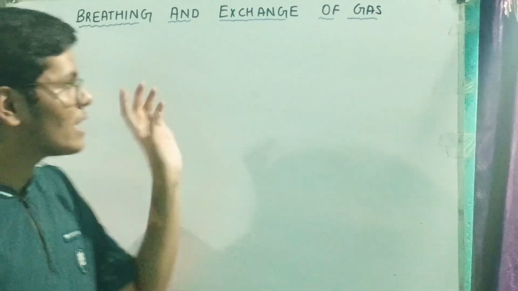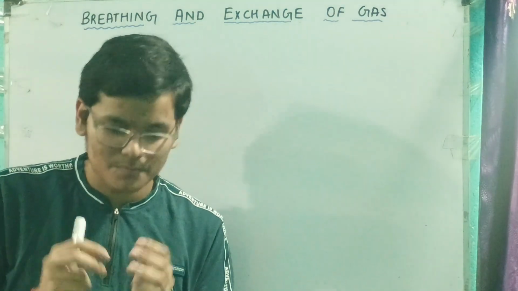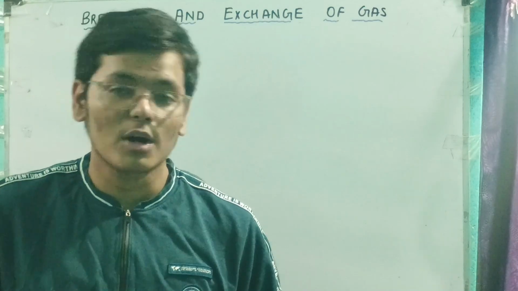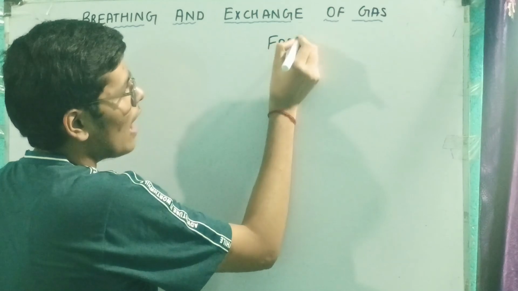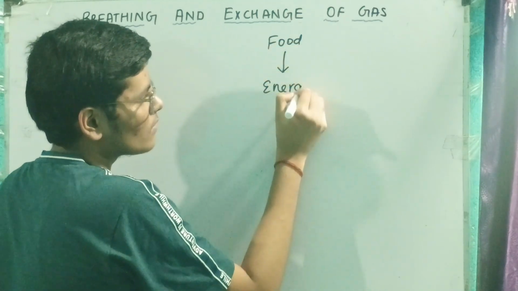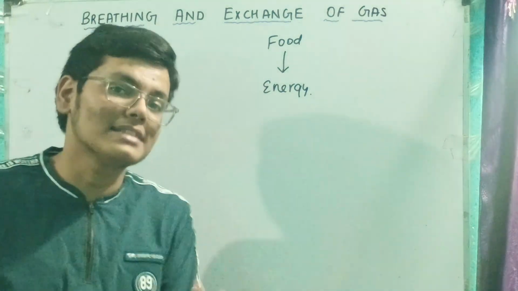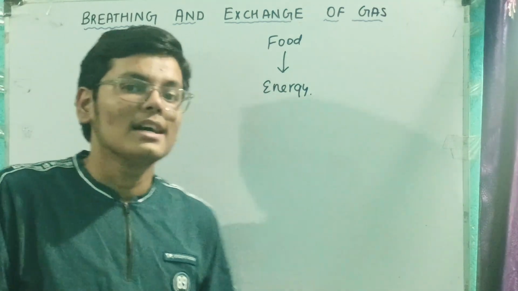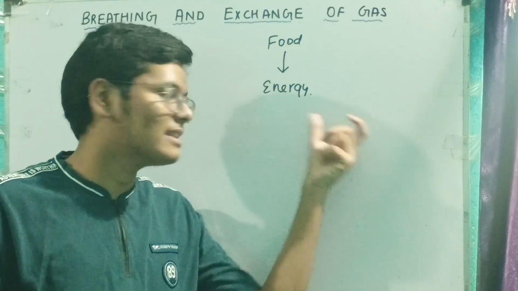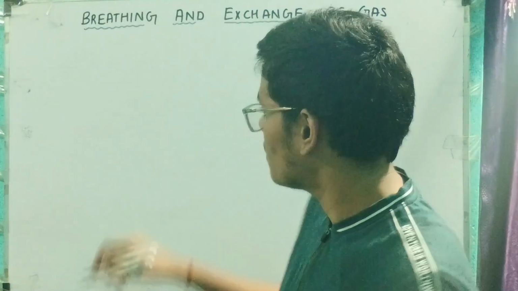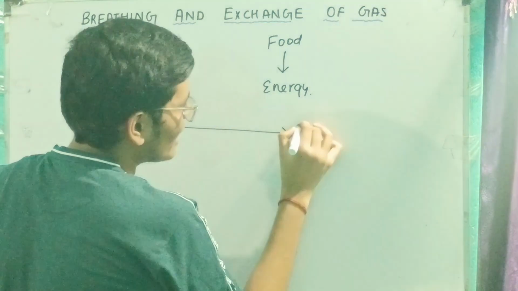in our syllabus. Now let us understand why do we need to study about the topic of breathing and exchange of gases. Till now we have read about the topic of digestion and absorption. So we have read that we eat food, and this food gives us energy. Our ultimate goal is to get energy and to utilize that energy in our body. How do we do that? There are multiple organ systems in our body responsible for making sure that we get the energy. The first process which we had was eating food, and we have to get energy from this food.